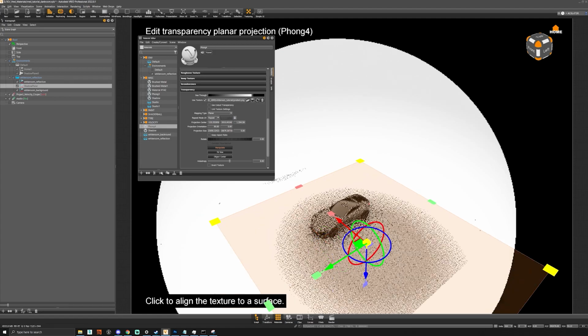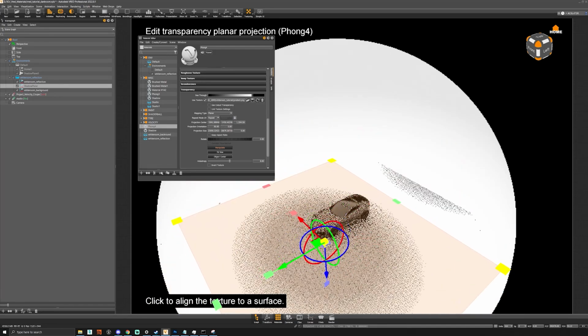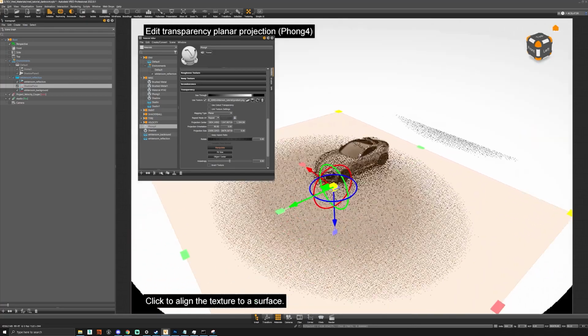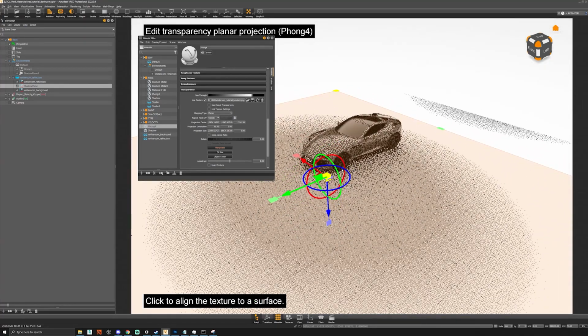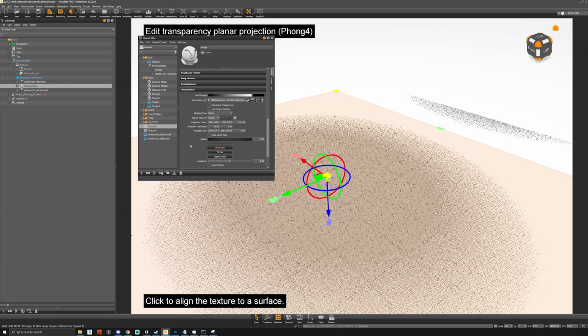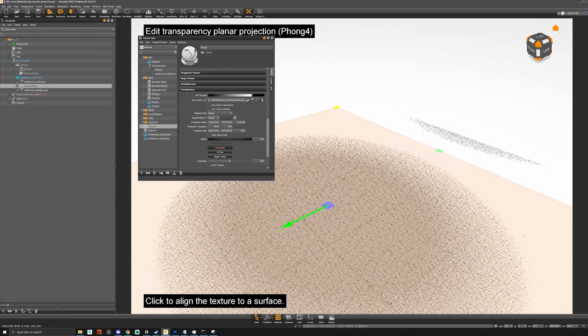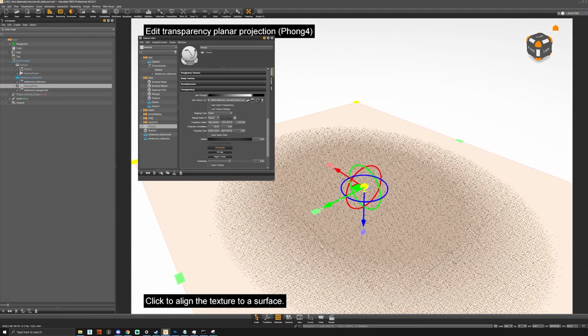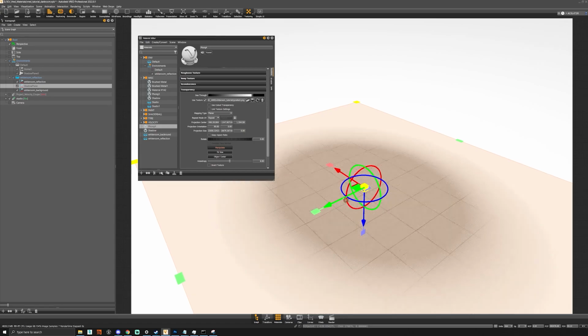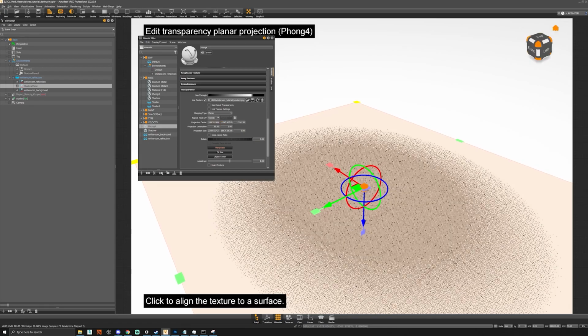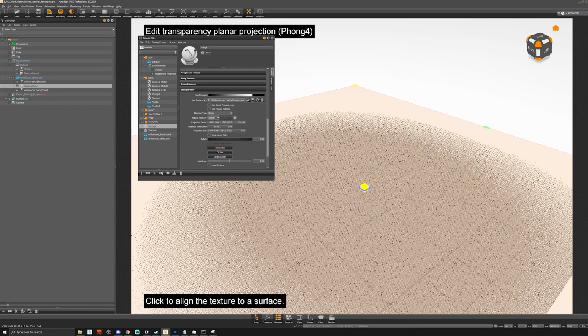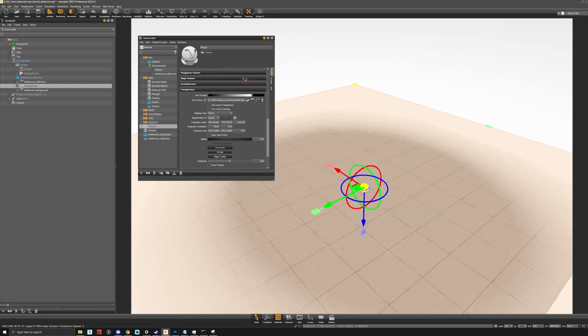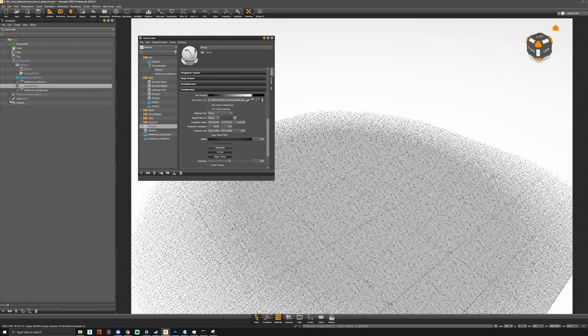We want to move this around. In fact, maybe we can just hide the car so we can see a better area. And then you can start to see the edges fading out, so we can maybe raise this up a little bit. And then we can turn off manipulate, turn back on the car,